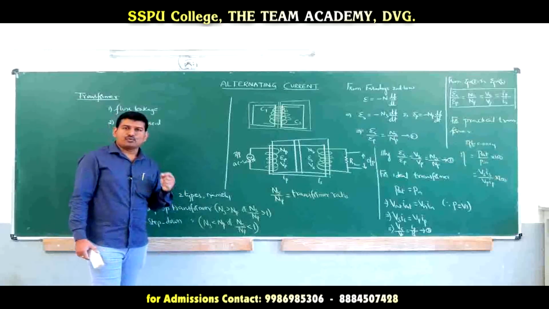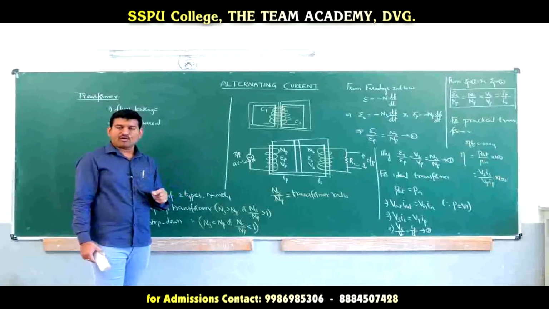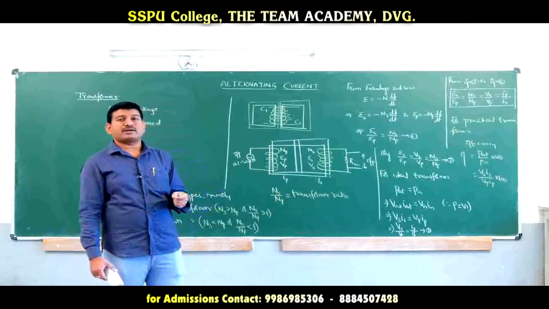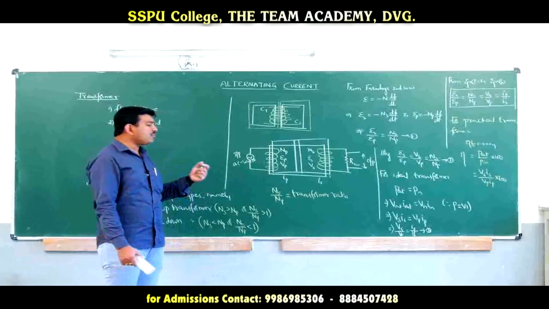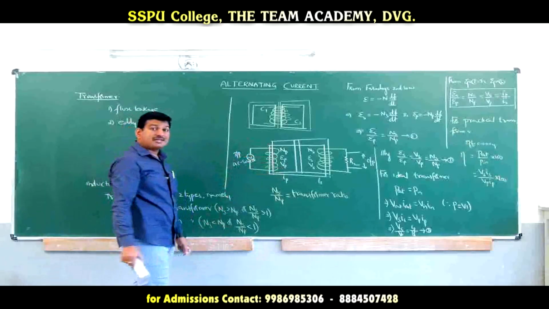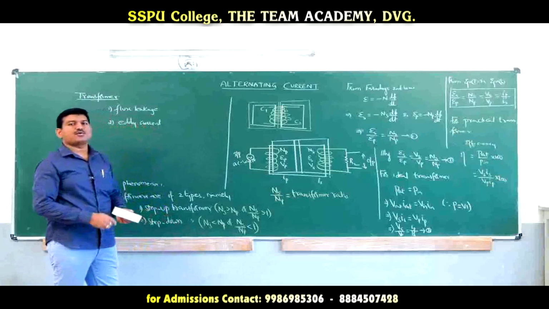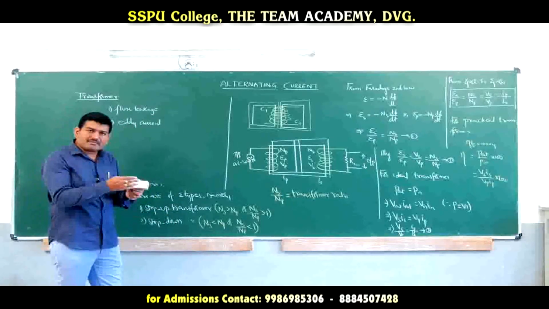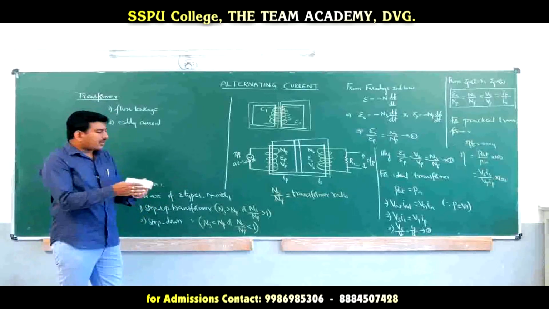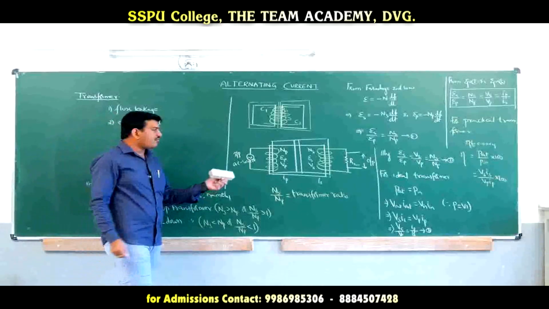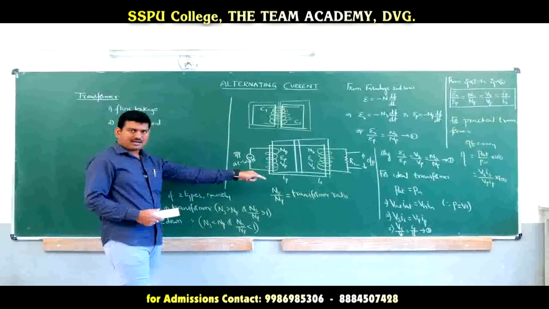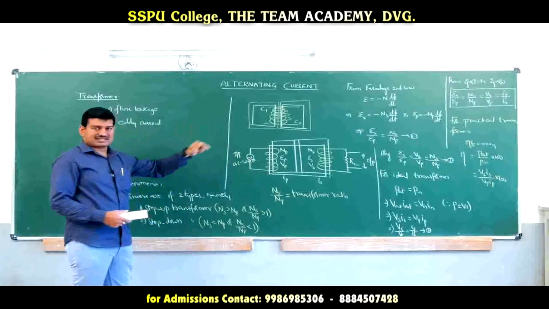So now what to do? We have to minimize the eddy currents. We cannot eliminate them, but we can minimize them. How to minimize the eddy currents? The core material is to be laminated. I told you previously how to laminate. The given metallic plate is cut into a number of sheets and then they are joined with each other, which we call lamination. So by laminating the core material, we can reduce the eddy current losses.